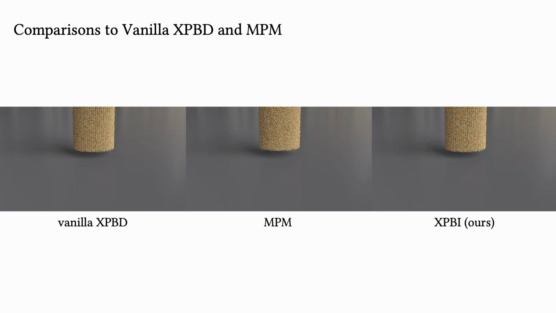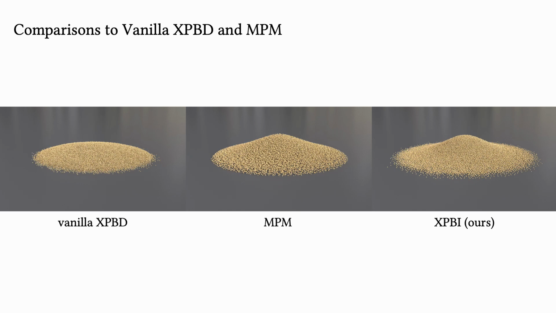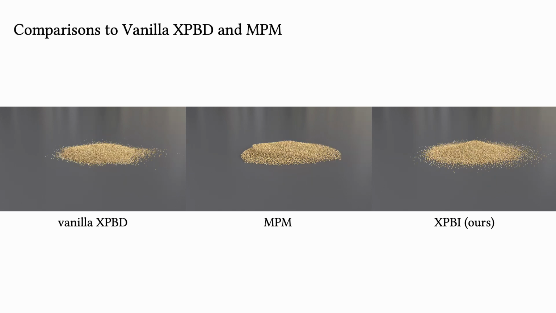We compare XPBI sand with both vanilla XPBD and explicit NPM. The vanilla XPBD fails to replicate the correct friction angle accurately, and NPM shows sparsity, clumping, and uneven particle distribution. In the two sand blocks collide scenario, our method also avoids the artificial grid delta X gap phenomena typically caused